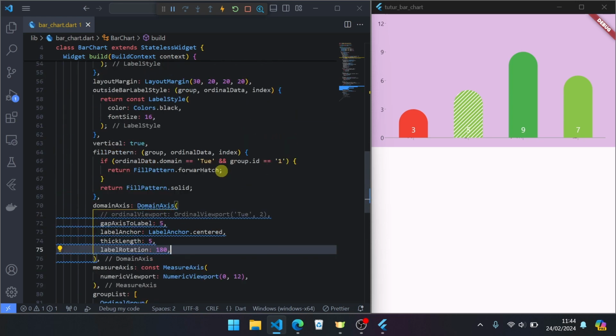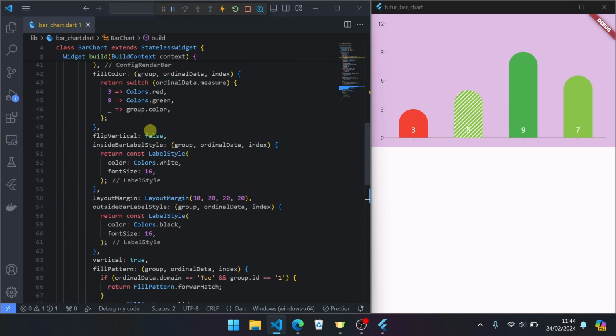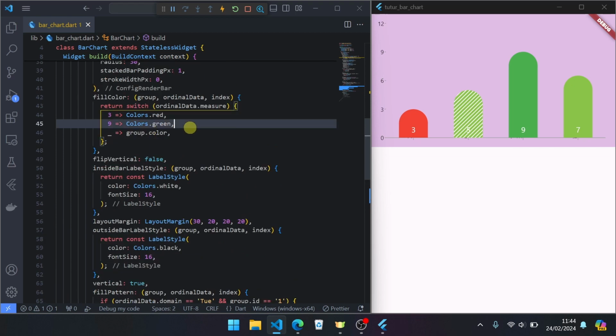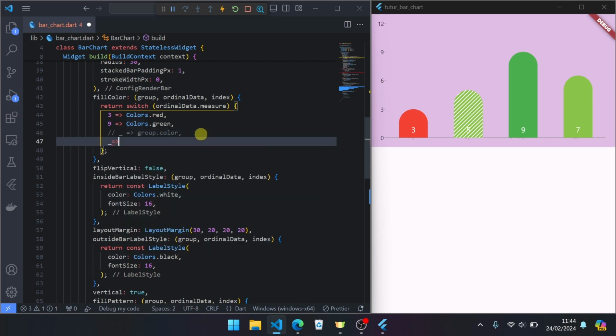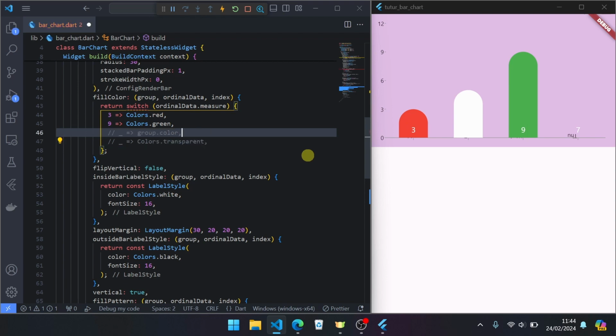You can check with where is fill color here. The default we can change to color transparent. Save. You can see this. They are labeled today. So the label still there, but hidden by bar item. Back to default.